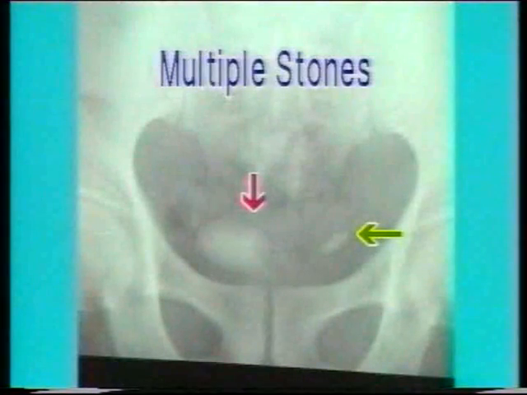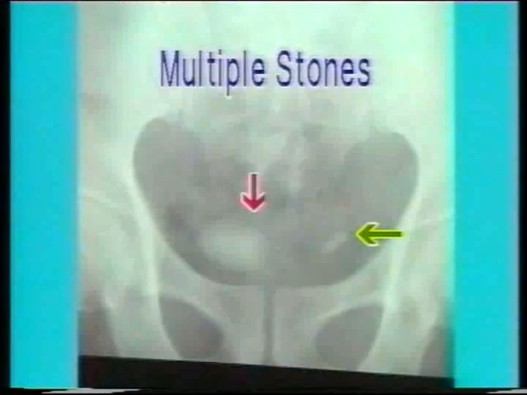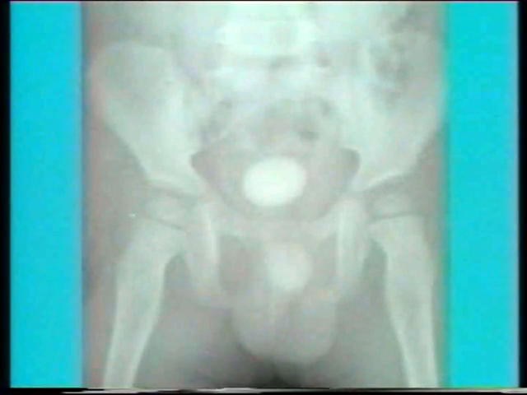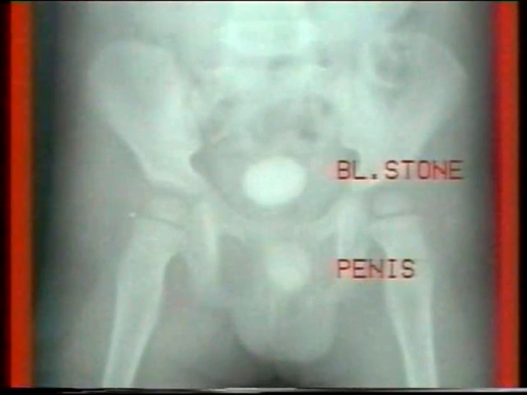This X-ray shows a phosphate stone in the bladder indicated by the red arrow and a stone in the lower end of the left ureter indicated by the green arrow. Note the position of the ureteric orifice. This is an X-ray of a child with a bladder stone. Apart from the stone, note another opacity below the stone which has a quite similar appearance. This is a soft tissue shadow cast by the penis. Sometimes it may be mistaken for a bladder stone, but it will always extend below the upper margin of the pubic rami.